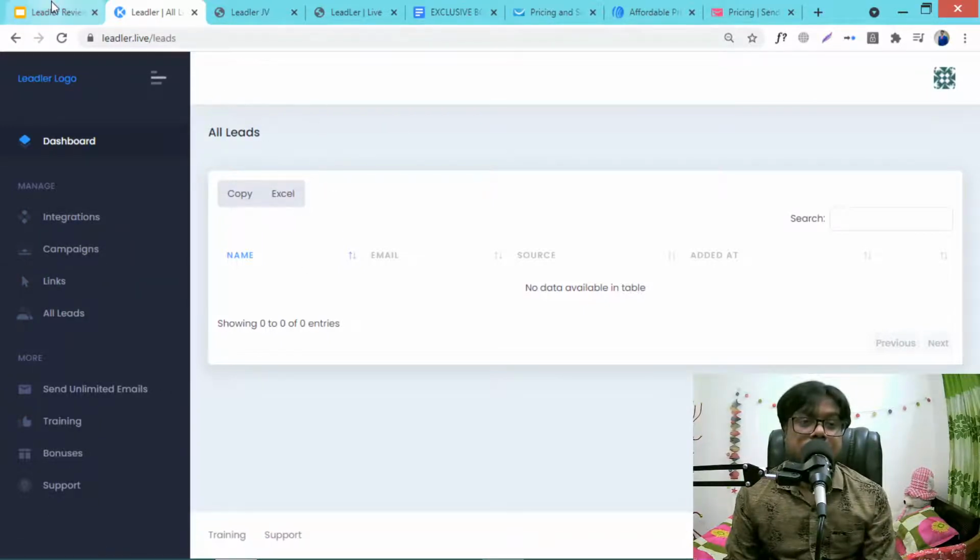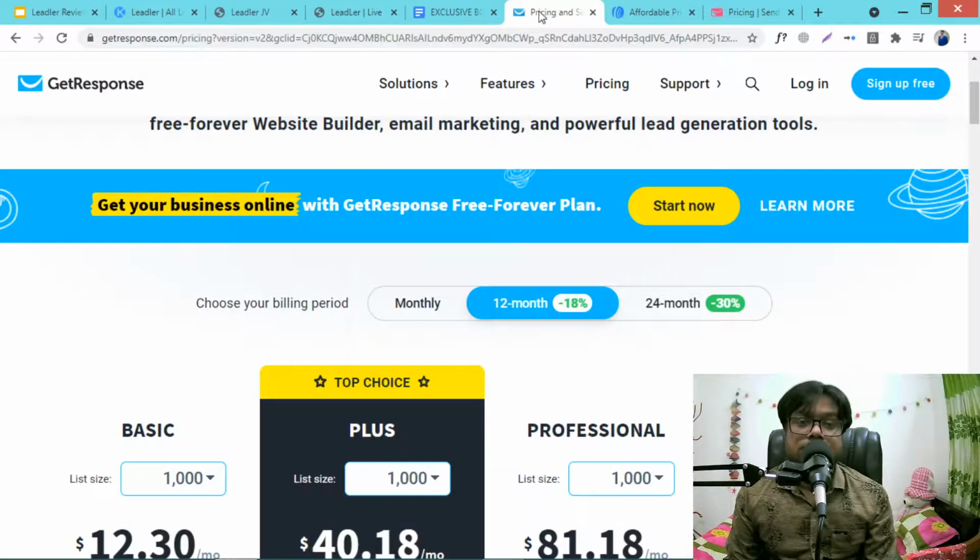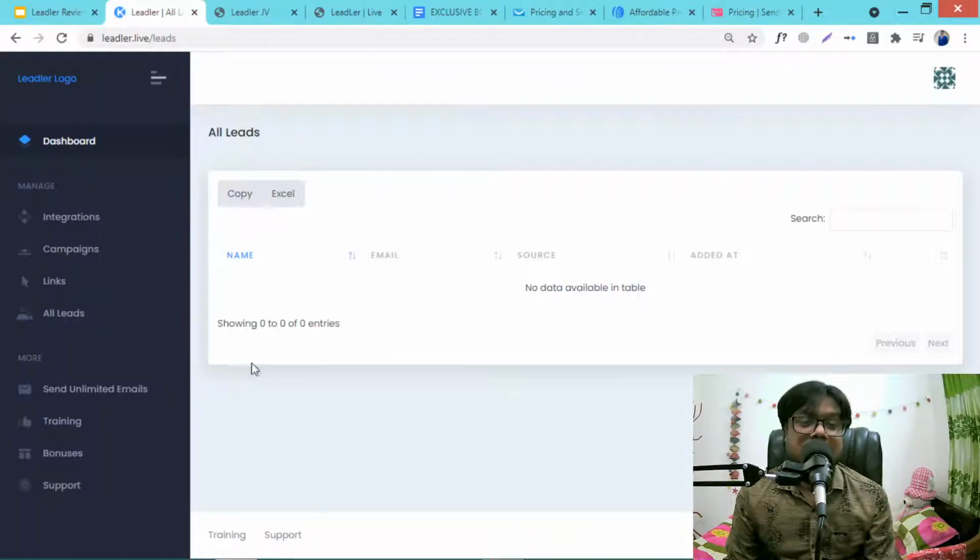So the next is why you need Leadler. Just focus on the pricing, because Leadler is a one-time fee. You can send unlimited emails, you can import and collect emails, and you have a drag and drop email builder. So you have everything.